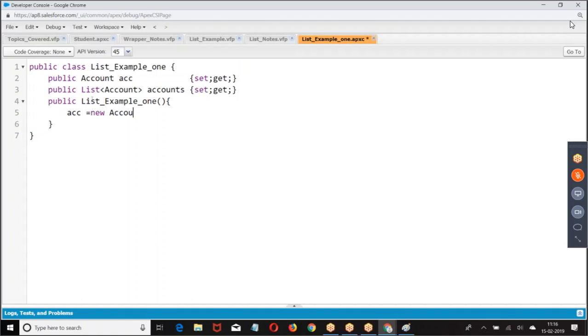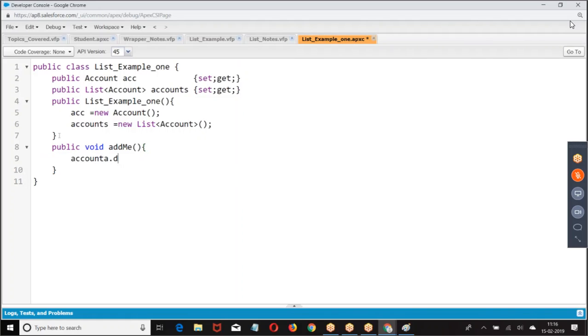ACC equal to new account, because it's null, I want to make it empty. Then accounts equal to new list of account. Public void add. When I say add me, accounts.add(ACC). Was that clear for everyone? A simple one. Whatever the ACC is, that is added to accounts.